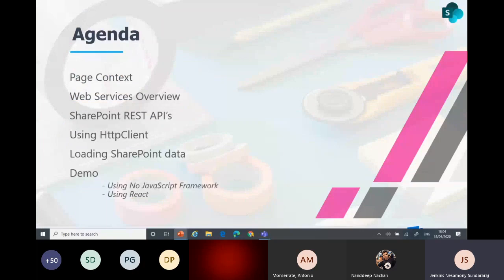What I'm going to cover today. First, I'll talk about the page context. That's a very important part, because SharePoint Framework works under the user context. It's not like an admin can give a privileged user access to the data. It's always based on the page context and the current user login, and whatever related information about that page we can get, and we can share it from one web part to another web part with a service or whatever you want.